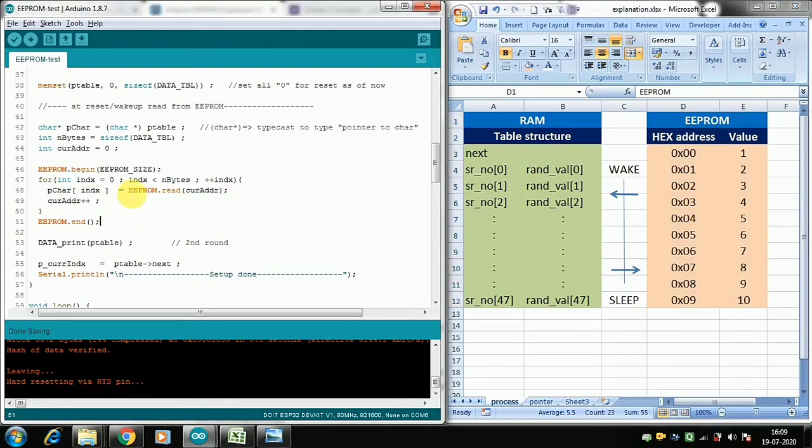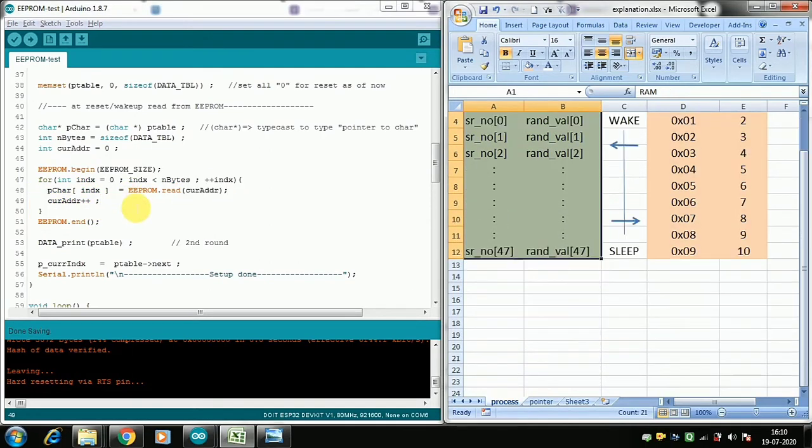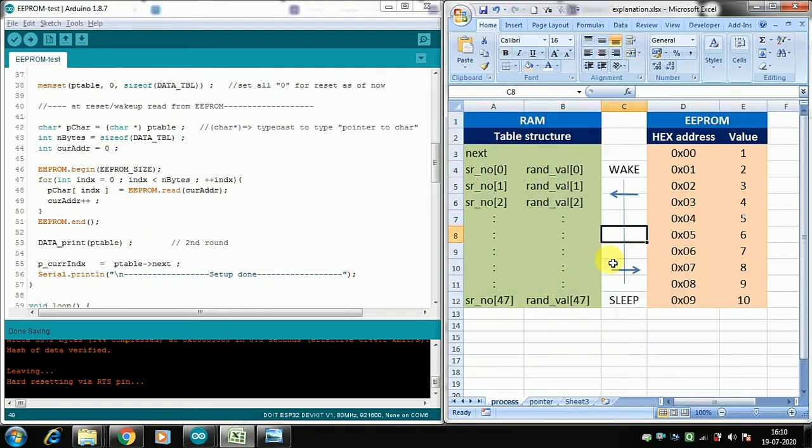So we do EEPROM begin, and we define an index equal to 0, and we run it up to n bytes. Number of bytes is the size of the data table. So we run the for loop until the last byte is read, and then we save it into this RAM table here. And then we know what was written in the EEPROM last time.